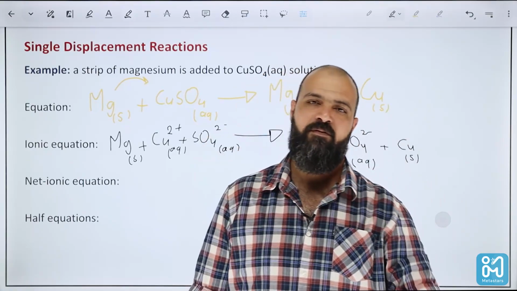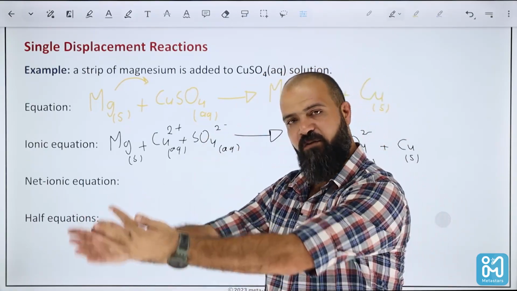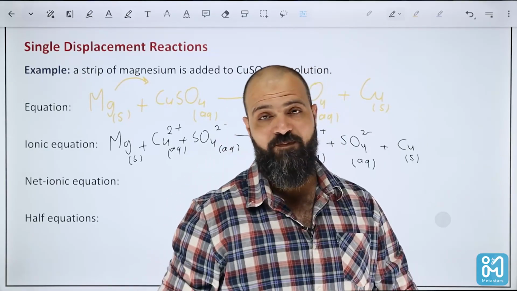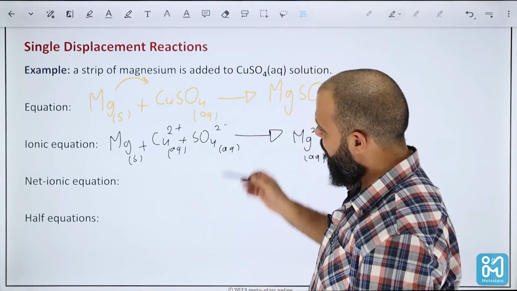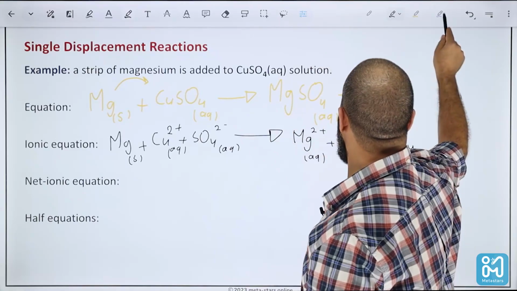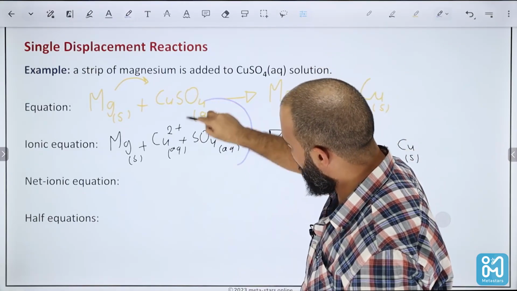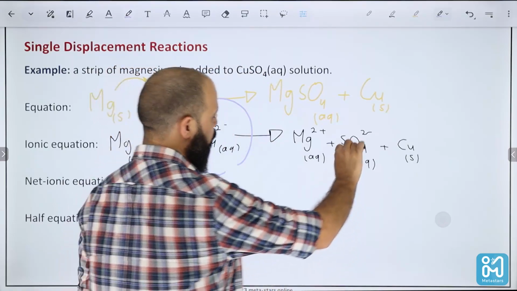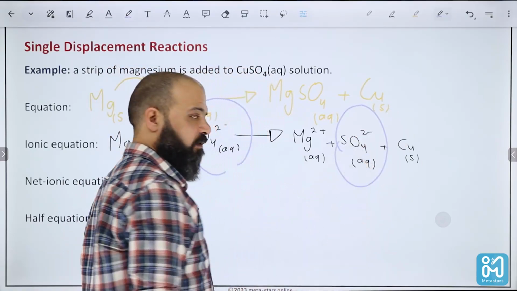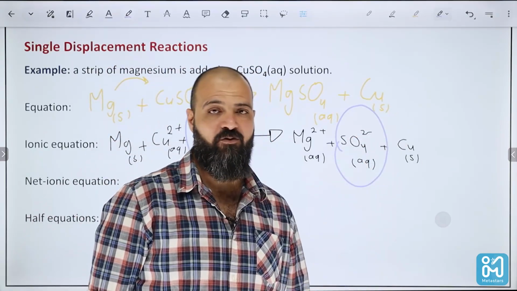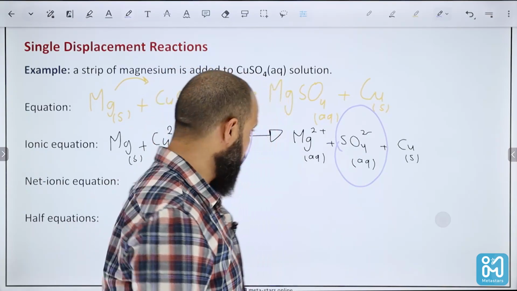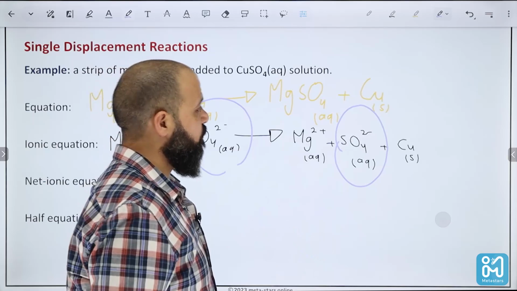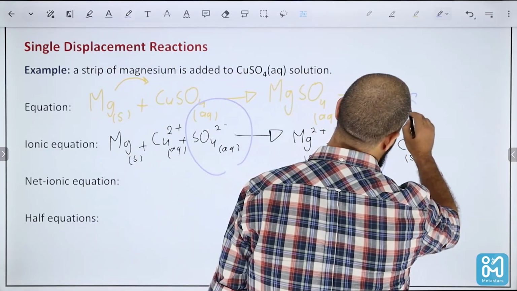Non-reacting ions: those ions that enter the chemical reaction and get out of it with no change. If you notice, sulfate ions, SO4 2 minus, are in the reactants, and we have SO4 2 minus in the product side. So this is the spectator ion. Otherwise, everything is changing: magnesium solid, or Mg2 plus in aqueous state. So the spectator ion